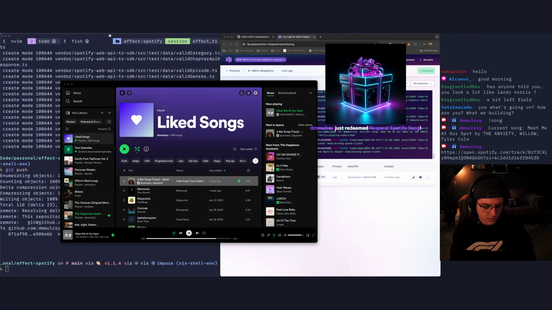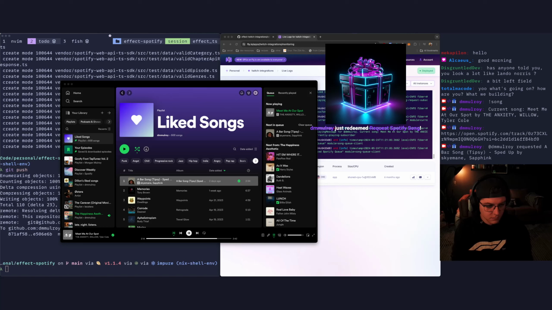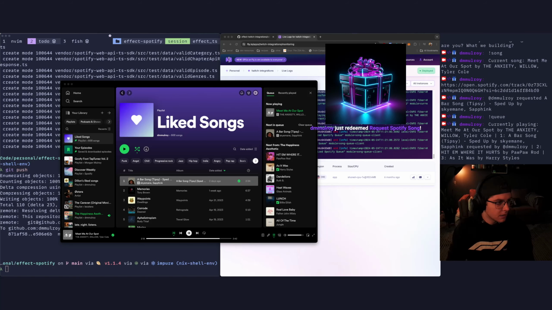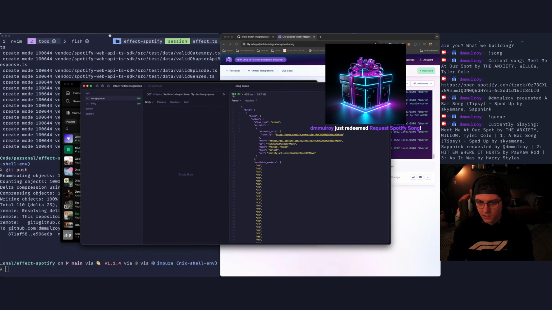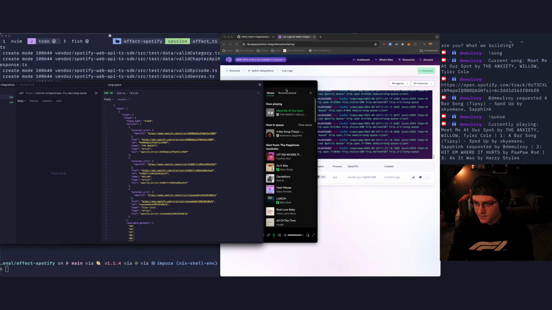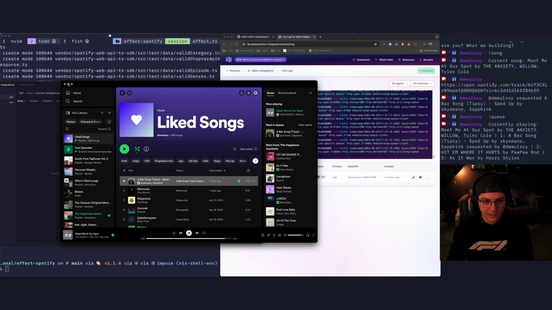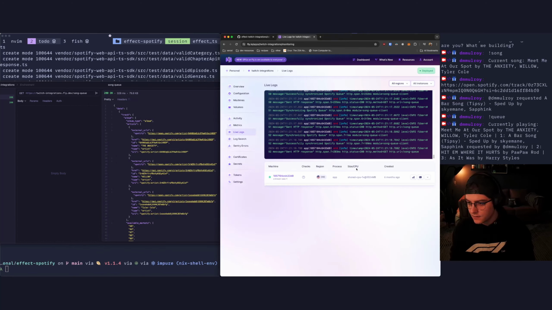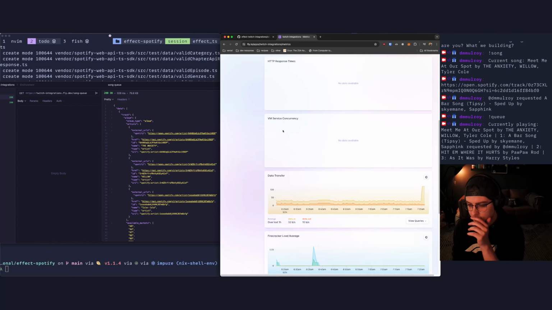Yep. And then if I do Q, there we go. And I should be able to get a, there it is. We also have a REST API, which you can see hitting over there. So everything's running. That's excellent.